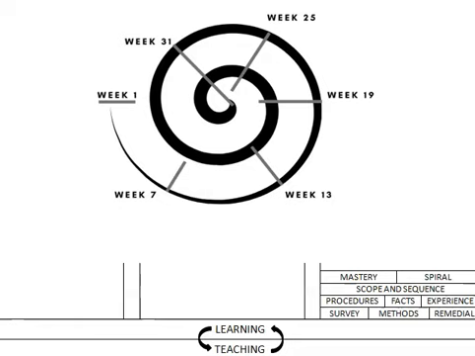So we come back at week 7 and week 13 and week 19 and week 25 and week 31, and we hit it over and over and over. Now, I will say that many U.S. curricula combine the worst parts of mastery and spiral curricula. For example, most math textbooks have a chapter on fractions. Students learn one particular kind of fraction per lesson, they take a chapter test, and they don't learn about fractions again until the next year. While technically this is a spiral, this is not a useful spiral. I call these exposure curricula, and that is not what we're going for here.